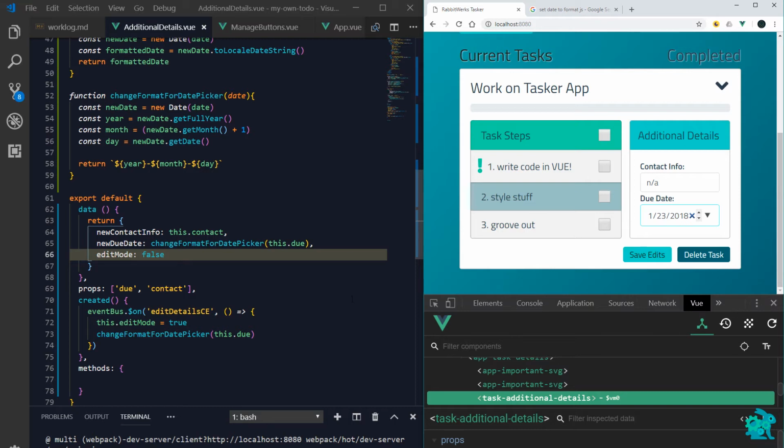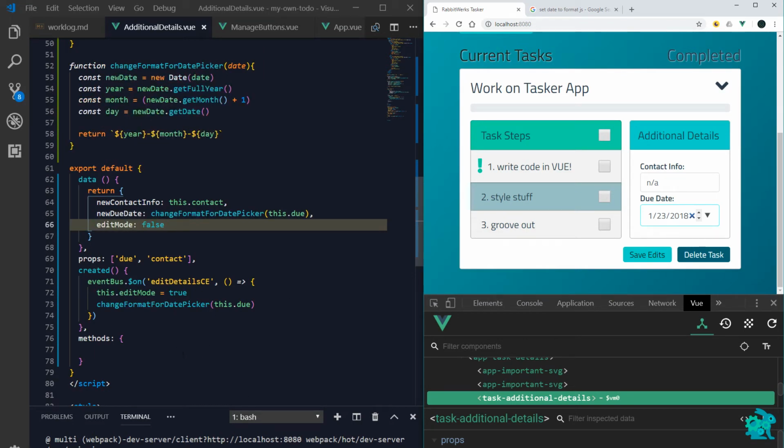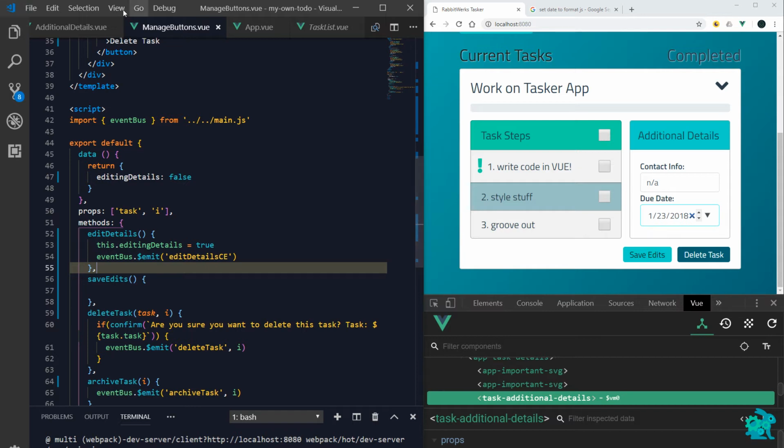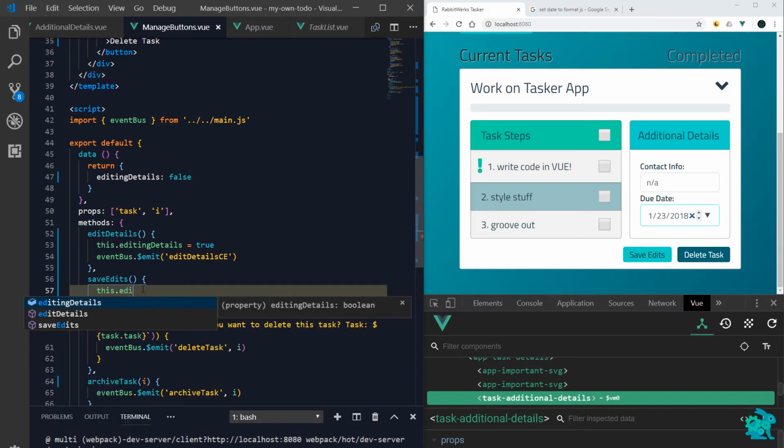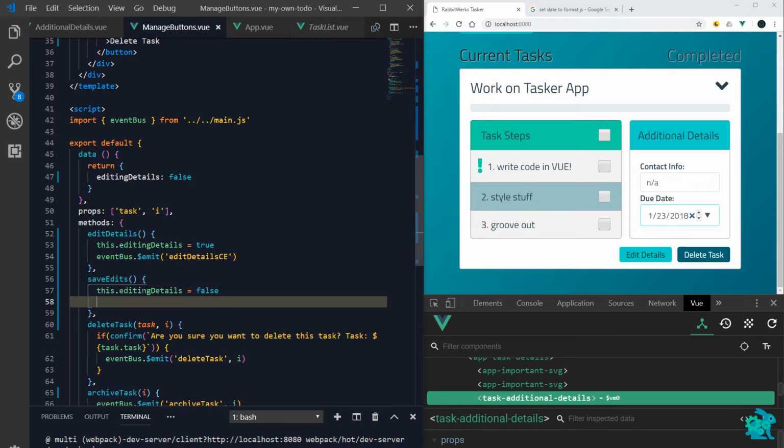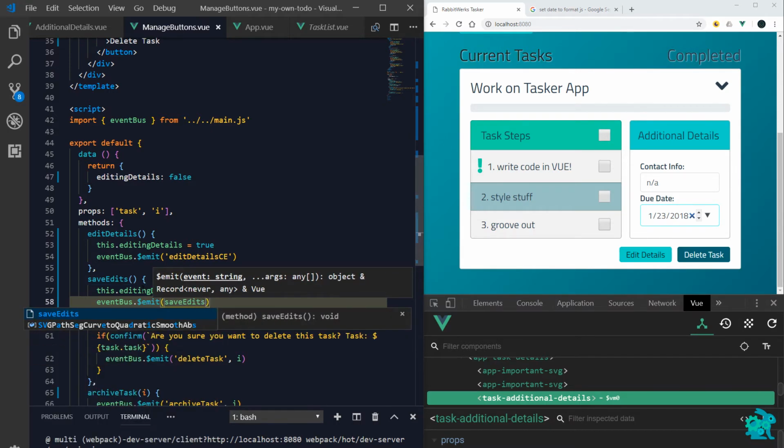Alright, so what we want to say in here is we're going to listen for that new event that we first need to emit. So in our manage buttons component, we're going to say this dot edit mode, or editing details equals false, and then we will say event bus dot $emit, and we're gonna emit save edits CE,